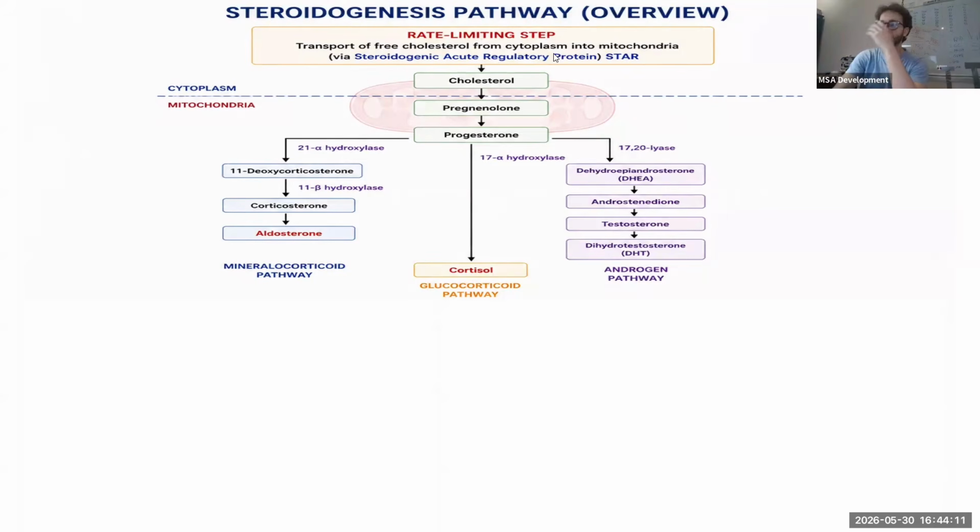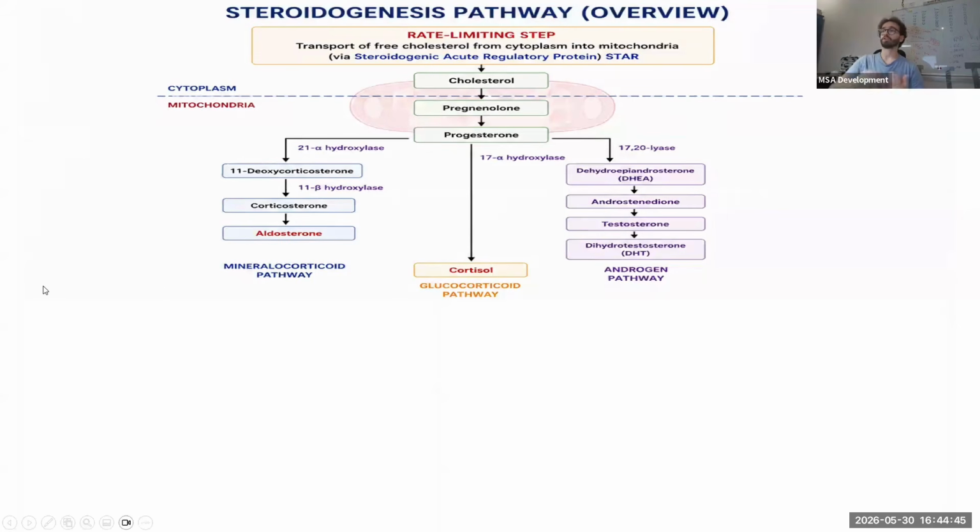Remember this, okay? Then the next step of steroidogenesis is changing cholesterol into progesterone. Then progesterone will have three different pathways because three different steroids are going to be produced from progesterone. Either androgens, testosterone, estrogen, for sexual features, or glucocorticoids, which is cortisol, or mineralocorticoids. This is the pathway I want you to focus on. Mineralocorticoids are aldosterone. Why is aldosterone important? For sodium and water retention.